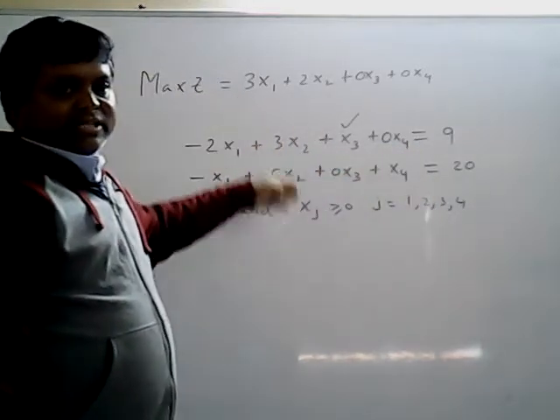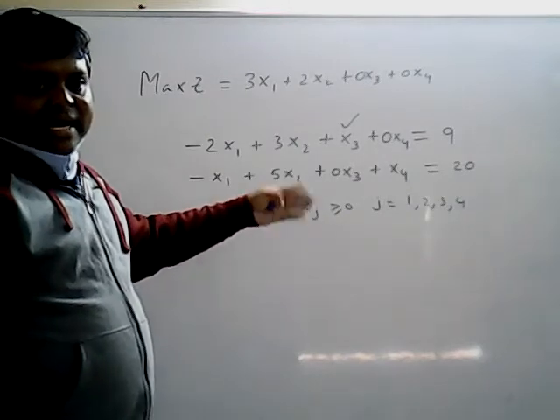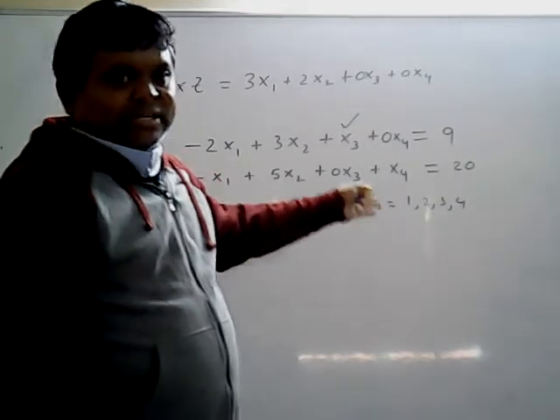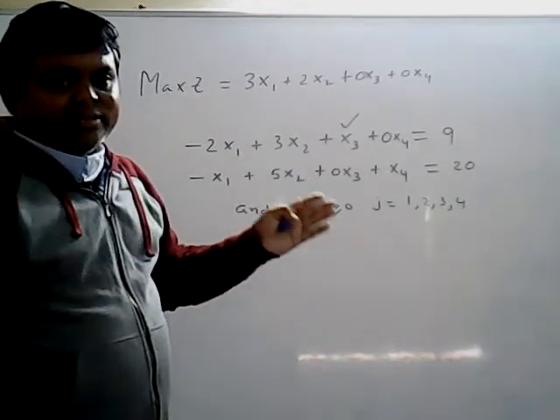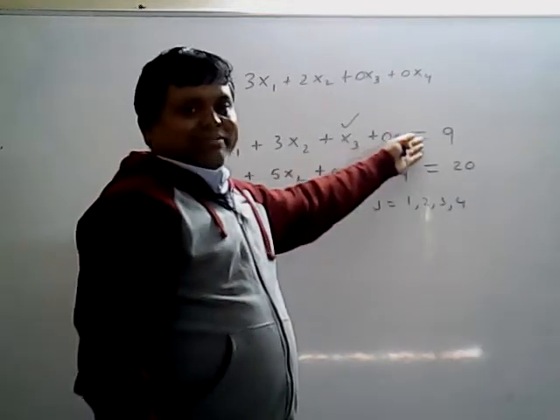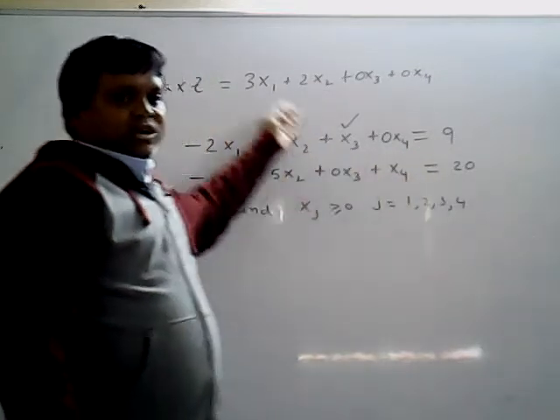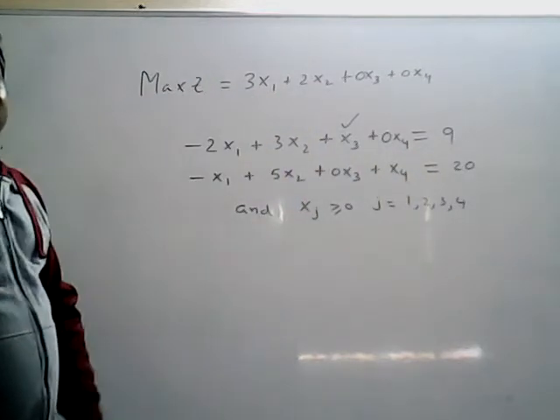Step number 3 is nothing but you have to convert the LPP into standard form. Standard form means the objective function is maximization and the constraints are of equality type. How will you convert into standard form? By introducing slack variables and/or surplus variables. In this particular problem, less than or equal type constraints are there, so I am taking two slack variables so that the inequalities become equalities. After getting the standard form, you require the matrix form.